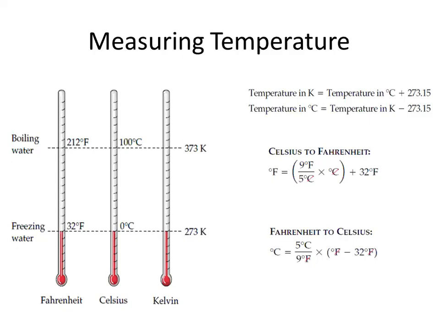Exactly. First, you have to use this formula, put the value of Fahrenheit, get the value of centigrade, and then put the value of centigrade over here, you can get the value of the Kelvin. Because there is no direct formula from Kelvin to Fahrenheit or from Fahrenheit to Kelvin, you have to calculate the centigrade first, and then you can use this value to further calculate the other unit. Clear? So this is all about the measurement of the temperature.